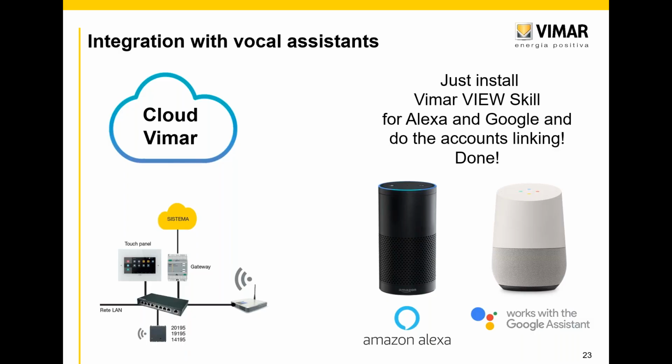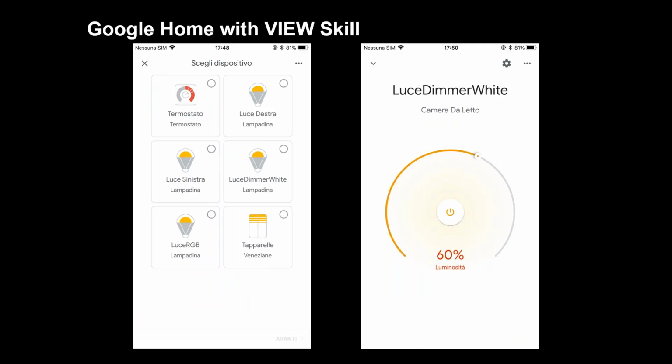There is a search for skill, so you have basically to teach the vocal assistants about the system you have at home. You find the View skill, then log in with the same account as a user, and that's it, because automatically you will be able to control the lights, the shutters, the climate, the scenes directly through,